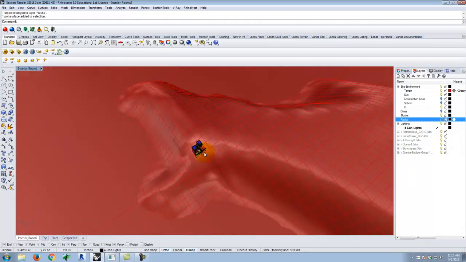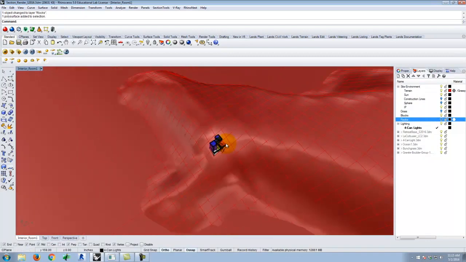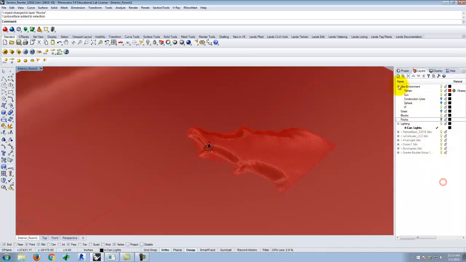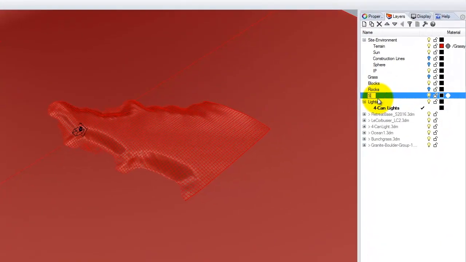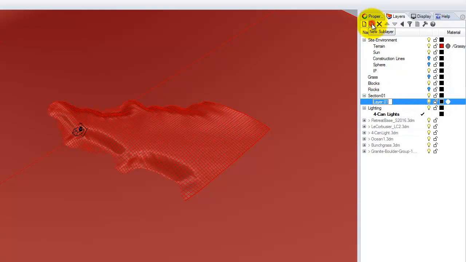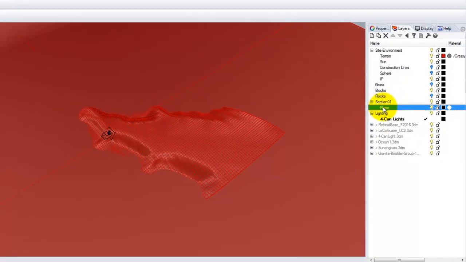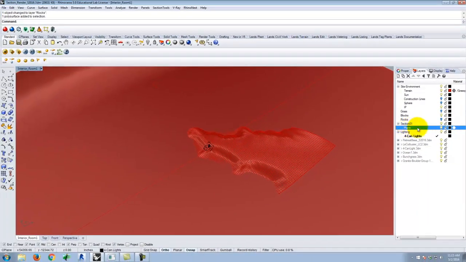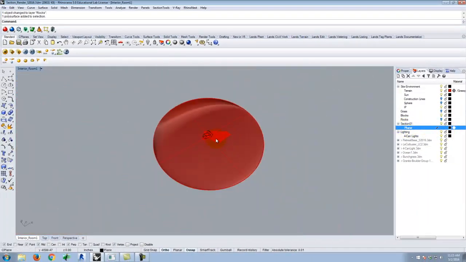So before we get started on my official section, I want to create a layer. And I'm going to call that layer section. Or it could be section 01. And then underneath the section 01 layer, I'm going to create a sublayer for plane. And on this sublayer for plane, I'm going to draw a really large plane that represents the section that I'm